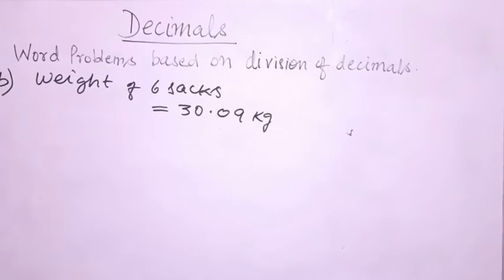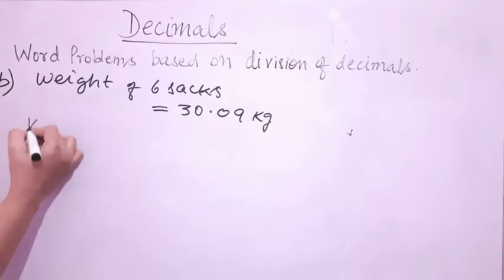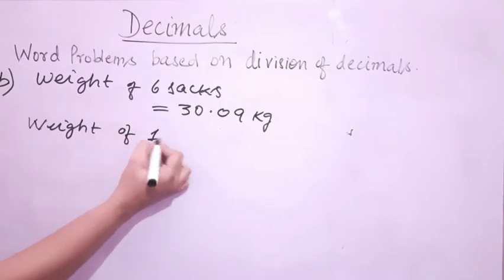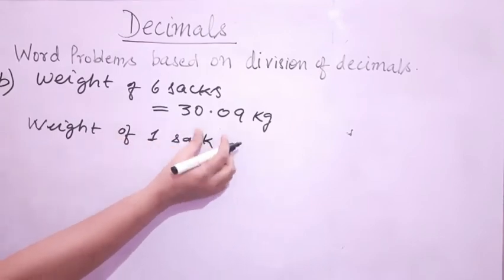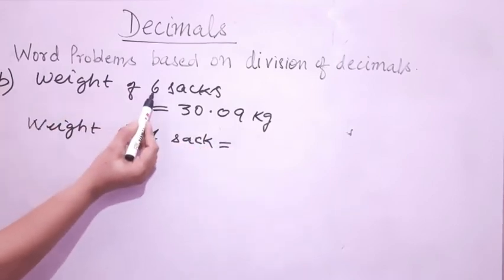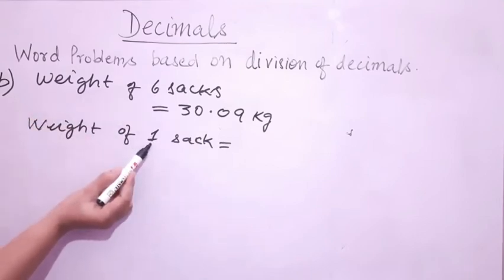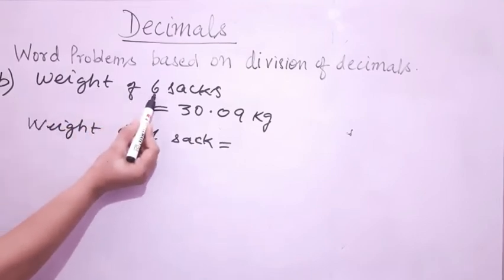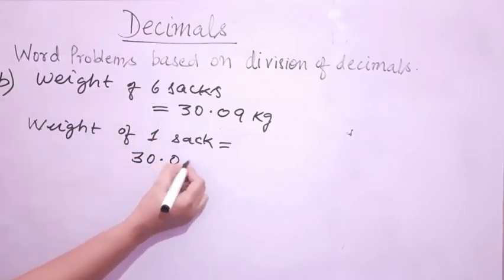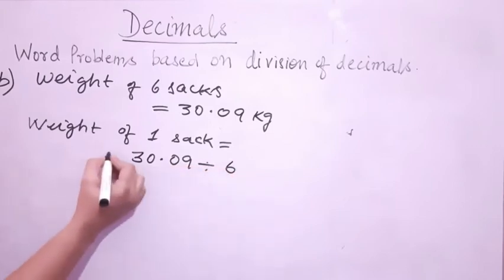Okay. Now, as you can all see, in the question itself it is written that 6 equal sacks. So if the size of the sacks is equal, that means the weight of potatoes will also be the same in every sack. So we have to find out the weight of one sack, that means the weight of potatoes that can be held by one sack. Again, the same thing comes into the picture, that is the unitary method. For 6 sacks, the weight is given. You have to find out for one sack. That means the value of more is given to you and you have to find out for less. So for that, 30.09 will be divided by 6.